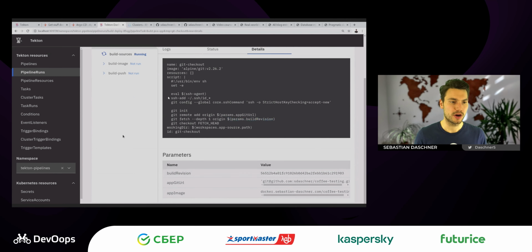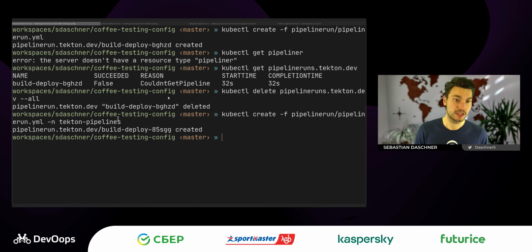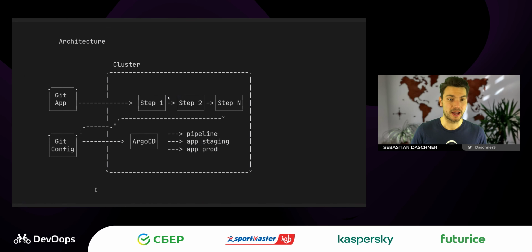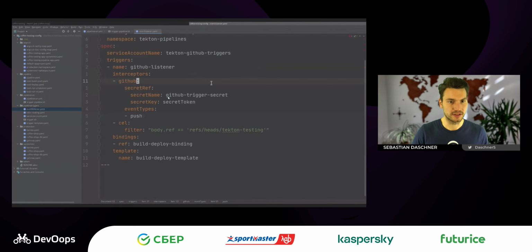So what I want to do, I want to have what is called a trigger. So there are trigger templates and event listeners that actually make sure that the webhook then starts the pipeline. How this typically works is that from the outside of my cluster, I have a webhook that will be called from GitHub or from a private server of my own, where I just say, okay, this is the webhook. I just have a new event, usually a push, or a pull request or whatever one you want to build. And then for the push, please start the pipeline. How this works is that I create a so-called event listener,